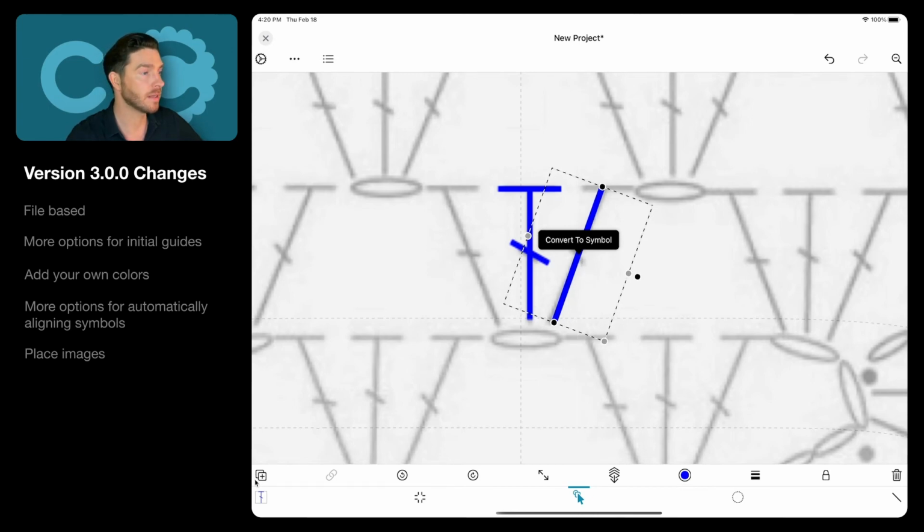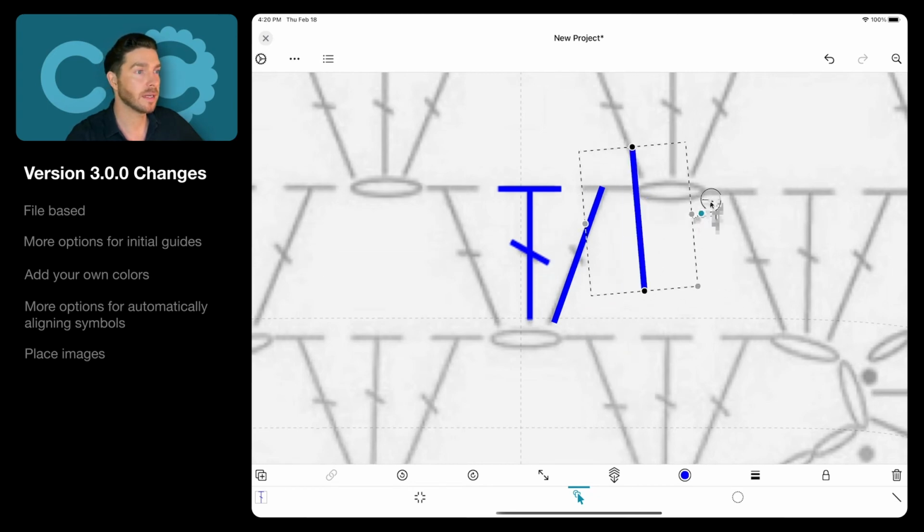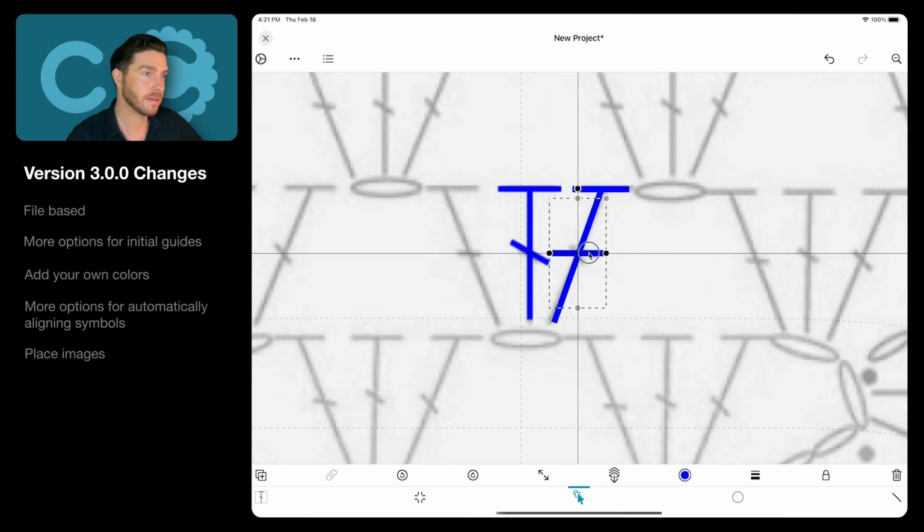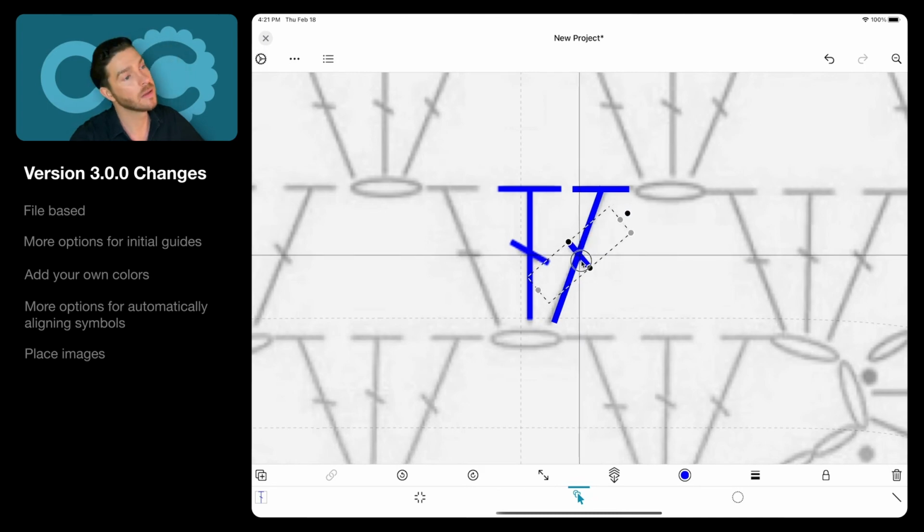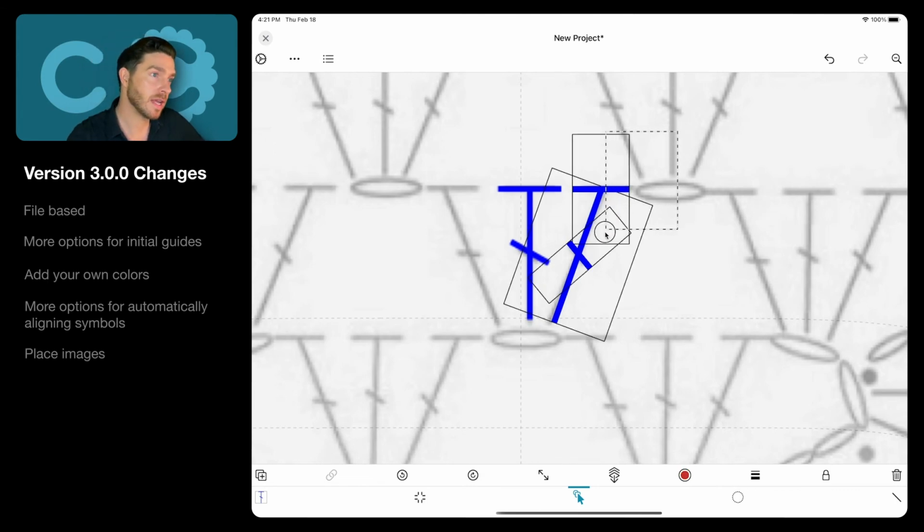Then I'm going to duplicate it using the duplicate tool on the left. Rotate the line. And then I'm going to scale it back. I'm going to duplicate this one too. Place it here in the center, rotate it, scale it a bit, throw it back like this. Then I'm gonna drag around these new three shapes like this, and then select the group tool over here at the bottom. So I have a new symbol group.